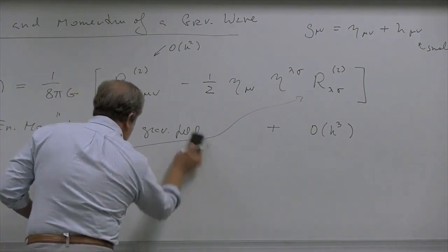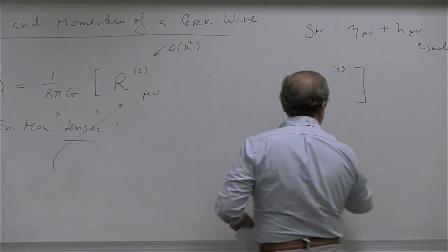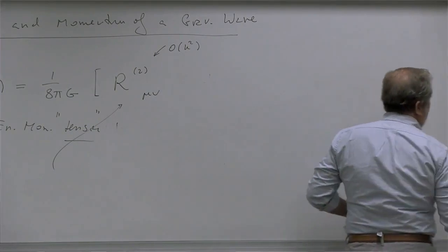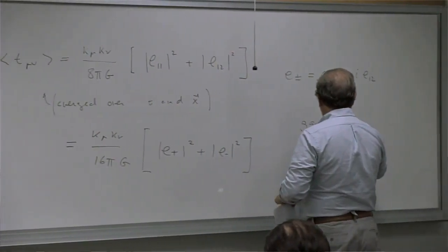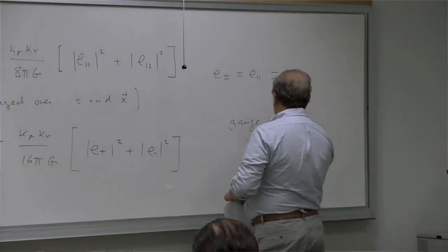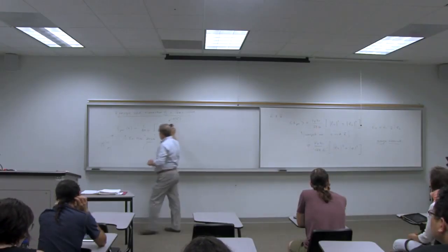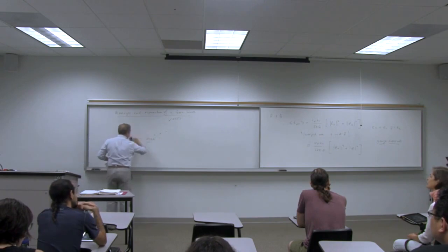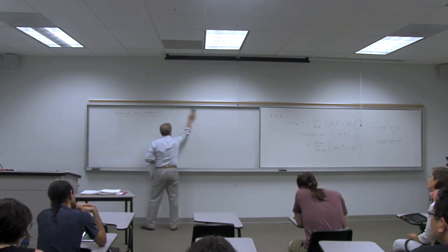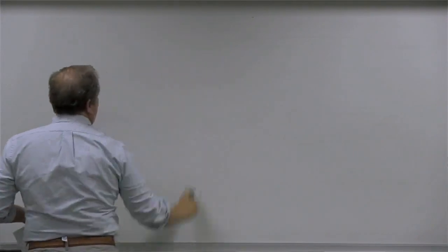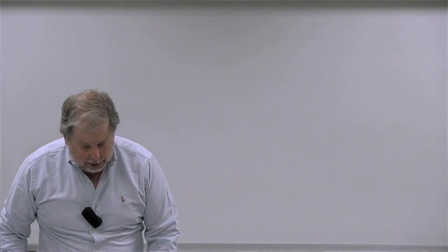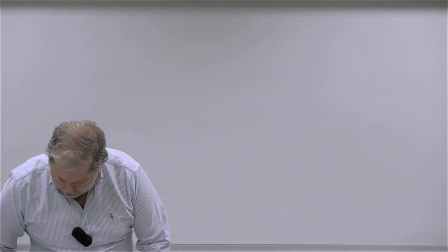And in particular, this amplitude is now gauge invariant, because only the E plus and E minus are gauge invariant. Everything else you could adjust to be 0. So, all right, that's the energy of the wave in terms of the amplitudes, and we're not surprised by the fact that it is proportional to the amplitude of the wave squared. So now we come to the